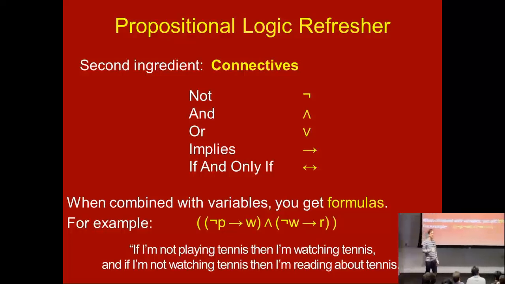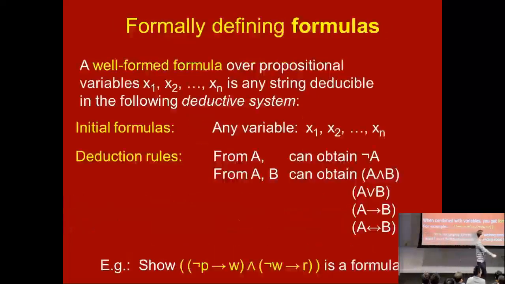Like in words? Not playing tennis means you're watching tennis. Yep. Not watching tennis means you're reading about it. Yeah, so okay. It's just a funny example if you really love tennis, and this is how you would formalize this sentence. Actually, this step, going from an English sentence to a formula, we're not going to be that interested in, because it depends on what English words mean. But this is how it's usually motivated in logic, if you wanted to reason about your tennis habits. See, there's another connection between sports and computer science.